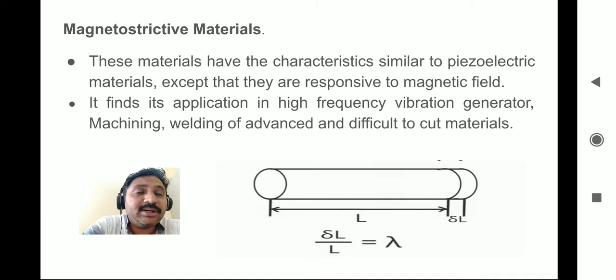That symbol is nothing but the coefficient of the magnetostrictive material. In magnetostrictive materials, where a small change in dimension is required, it may be useful. It may be useful in different applications, and the function is the same as the piezoelectric materials, except that it performs under a magnetic effect, while piezoelectric does not require a magnetic effect.